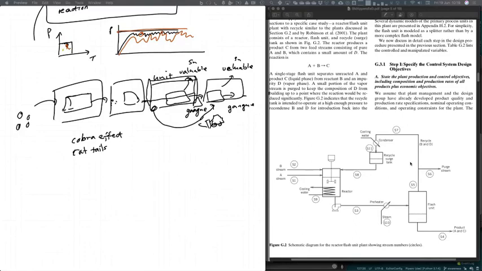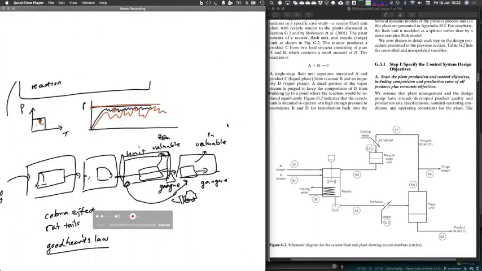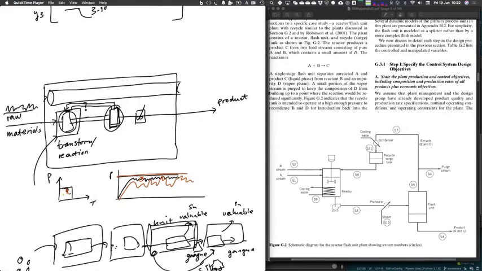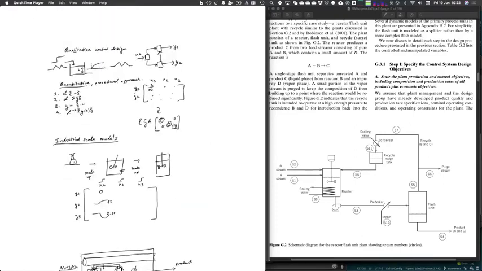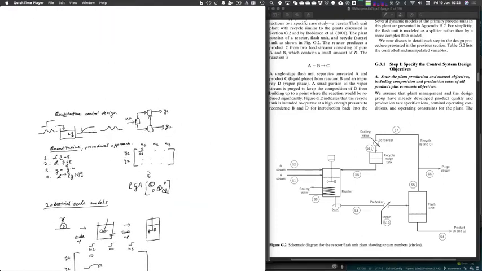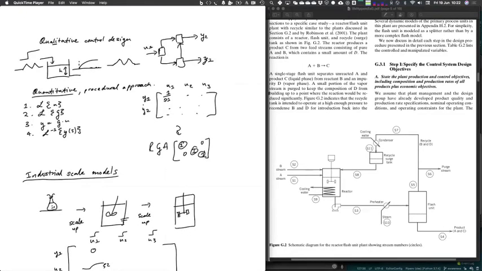Yeah, like you say, Goodhart's law is another one to Google. By the way, while we're talking about this and control as well, what does this all have to do with control? If you have gone through this module the way that I have tried to present it, it is my goal that when we started this discussion about plant-wide control, or when you started looking at the ways in which we address plant-wide control,